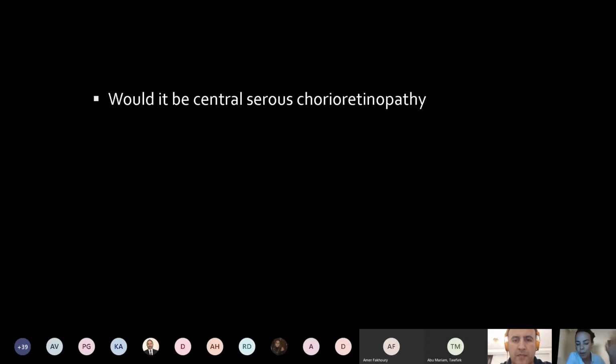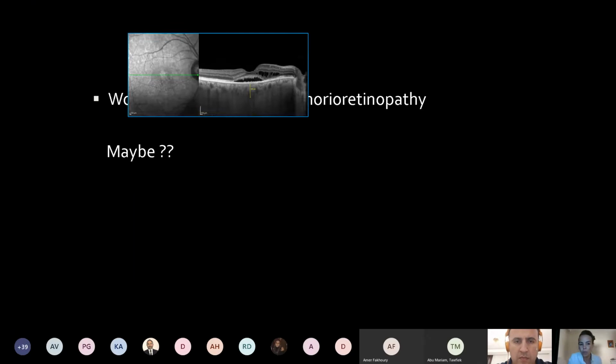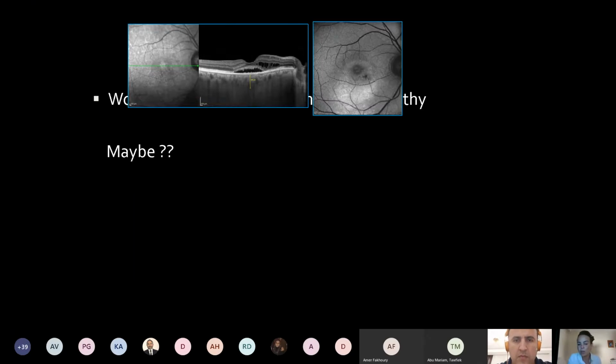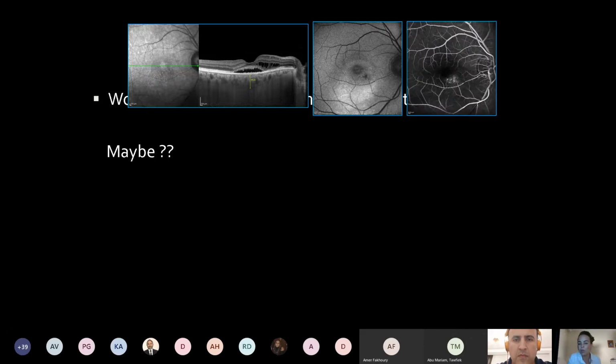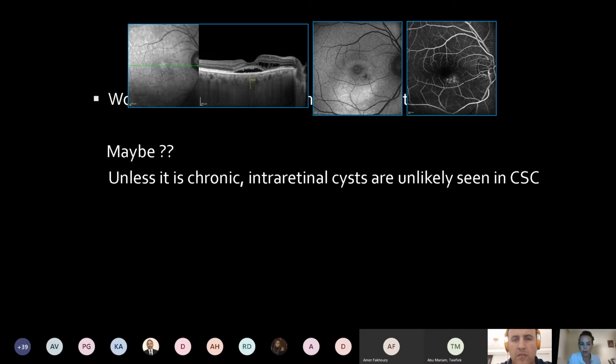At that time, I was not very aware of the definition of pachychoroid neovasculopathy, almost 5 years ago. At the beginning, I got stuck on the diagnosis between central serous and age-related macular degeneration, since the patient is 57. Would it be central serous chorioretinopathy? Of course, it could be, because the choroid is thick. There is hyper-autofluorescence in the fundus autofluorescence picture, and some RPE defect and maybe a leaking area in the FA.